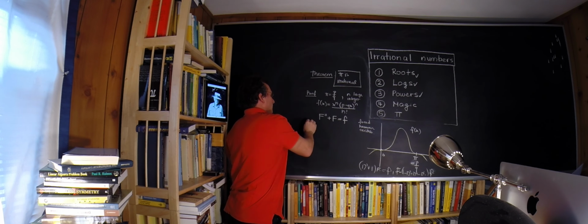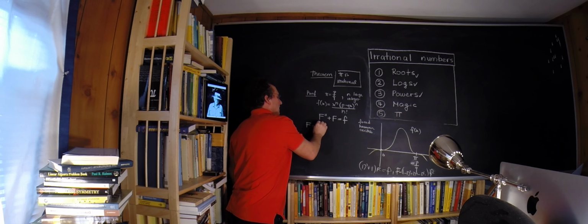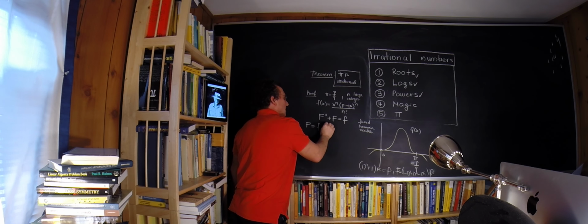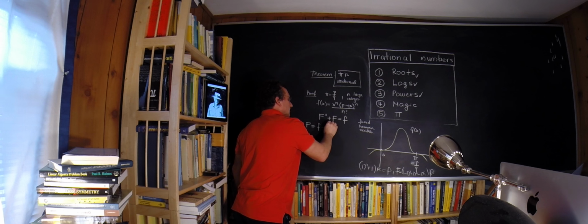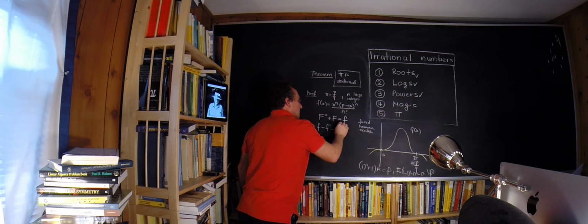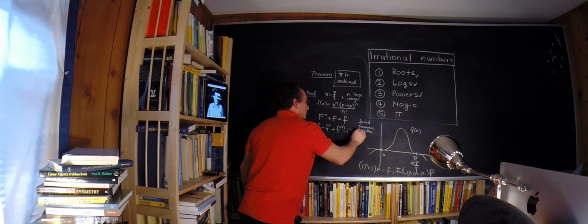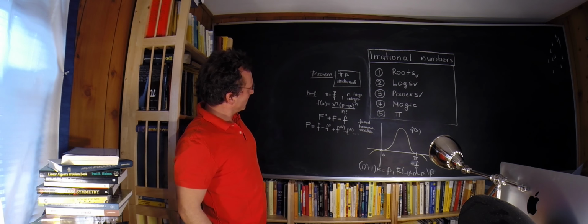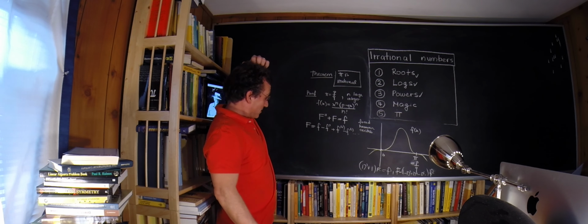So you see that F can be written like that: f, and then minus the second derivative of f, and then plus the fourth derivative of f, minus the sixth derivative of f. So this is the solution of this